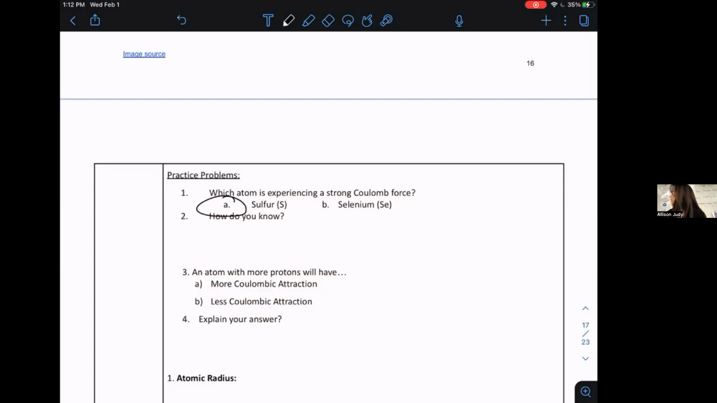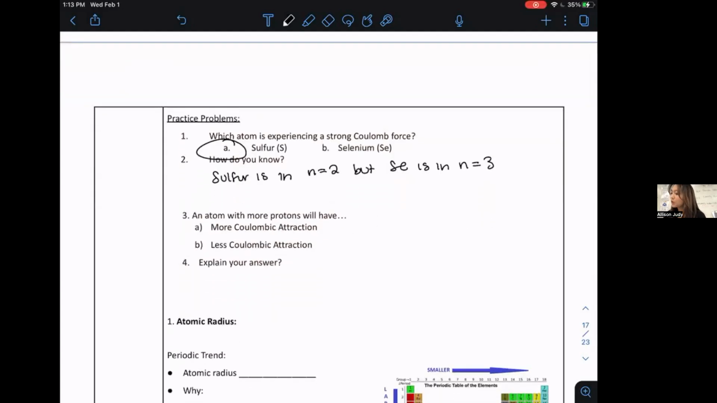Okay, sulfur. How did you know? Because sulfur is, or I could put it this way, the max electrons are placed in the max row or energy level of n equals 2. But selenium is in n equals 3. So its valence electrons, it has more electrons experiencing less overall, okay? An atom with more protons will have,